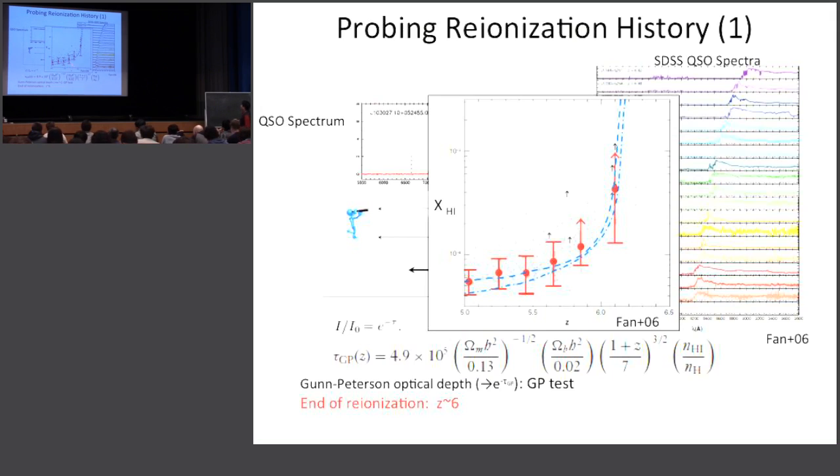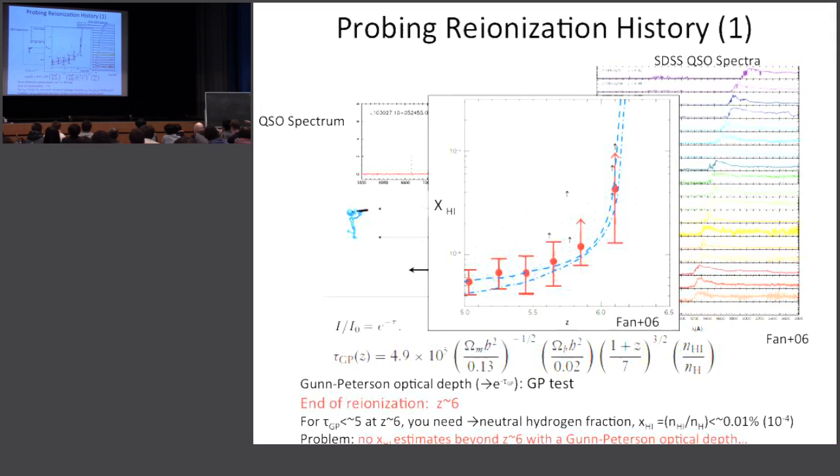And as you can see, at around redshift 6, there's a possible sudden increase of the neutral hydrogen fraction. That's why people think that this is the end of the cosmic reionization, because the neutral hydrogen fraction is rising rapidly. But this technique has a limitation because, as you can see in this equation, this factor is so large